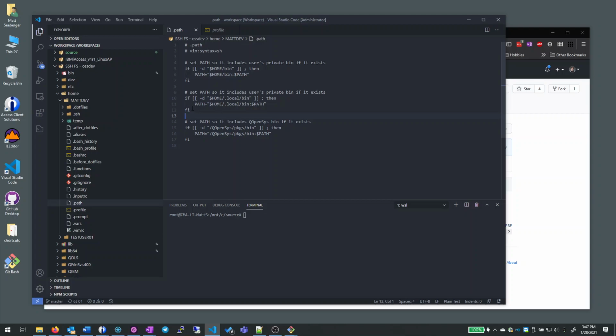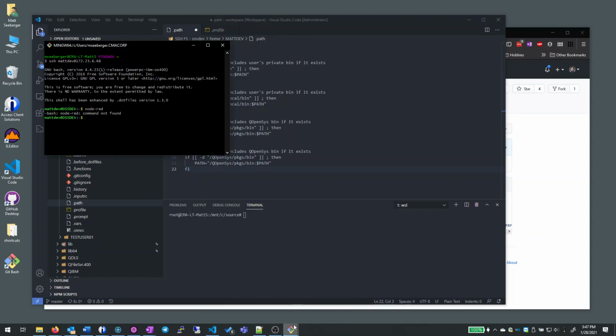What that allows you to do is when you come in, it's already going to know to look in this directory, in this directory, this directory. So for Node, for example, if I wanted to add a path for Node, I could come in here and say, so remember over here, when we